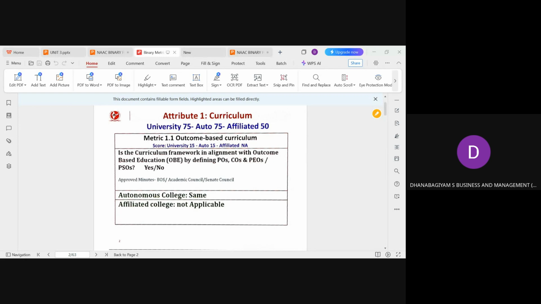Course outcome is related to the subject, courses related to the courses. For example, if it is a BBA course, they have around 20 or 22 courses. So what do we call that? Course outcomes. After learning a particular course, most of our program outcomes should have a high correlation with the course outcome.